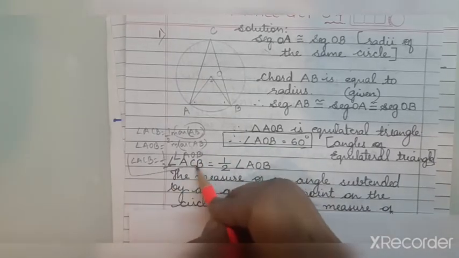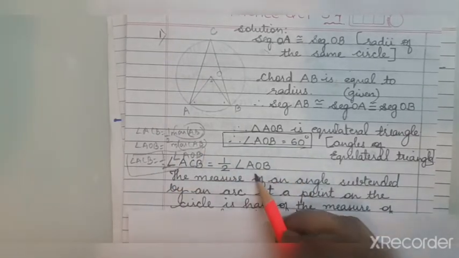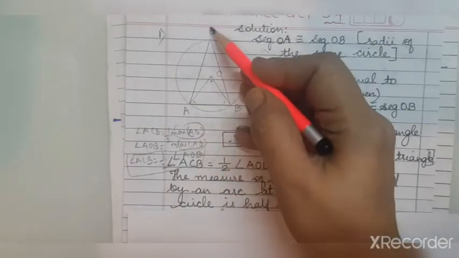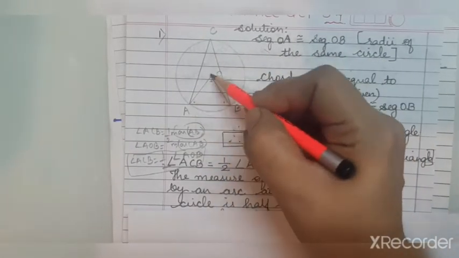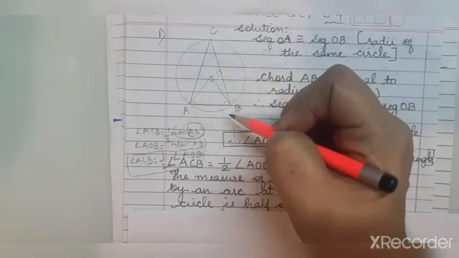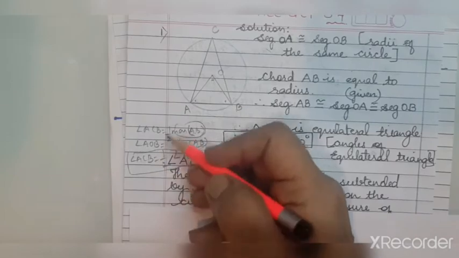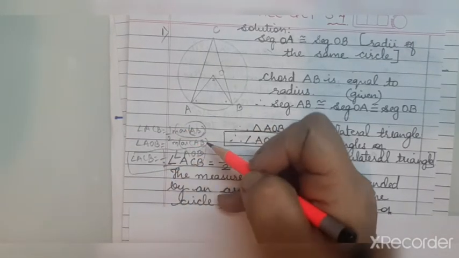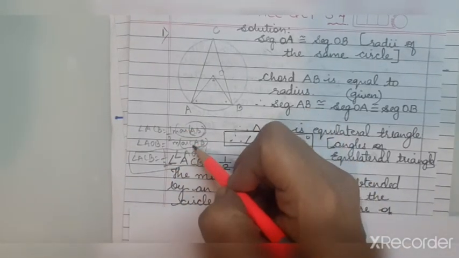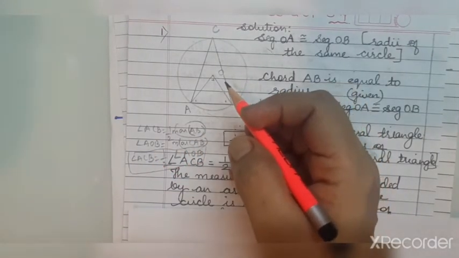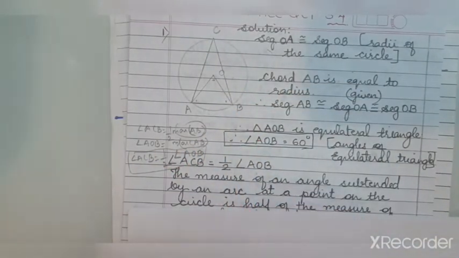Now this property which we have derived, I have written directly. Even you can write directly here, that is, angle ACB is half of angle AOB. You can note this down in your notebook also. This is a property which is derived from two properties: one is the inscribed angle theorem and the other is the definition of minor arc. Sometimes in your sum, if you have to use it, you can directly use this property.